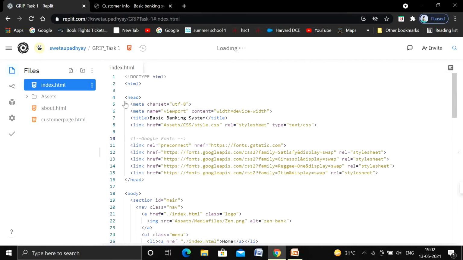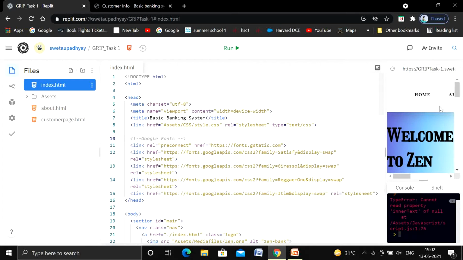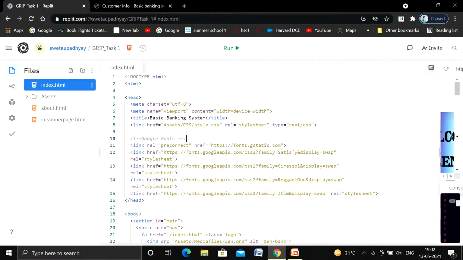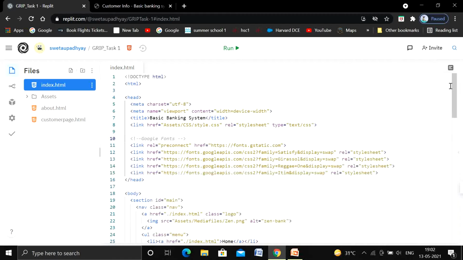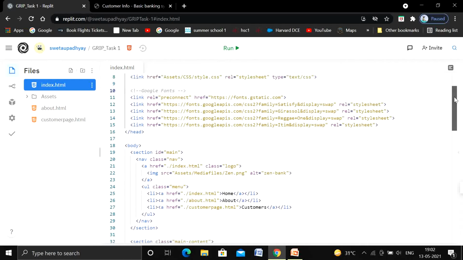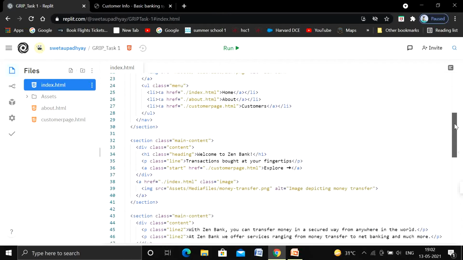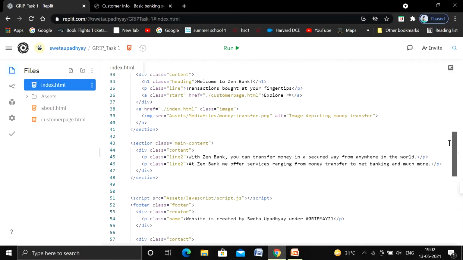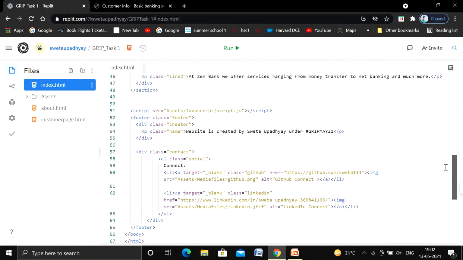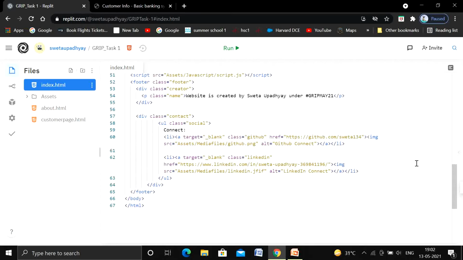Okay, so for developing the entire website, I have made use of ripple.it. The main reason why I used it is because you can directly see whatever you are working on in the side window, so you do not need to switch tabs many more times as you have to do in other cases. So this is the source code, and the files and all the links that are required I have mentioned, and the navigation bar, the content, the links are all mentioned, and the footer is also added.